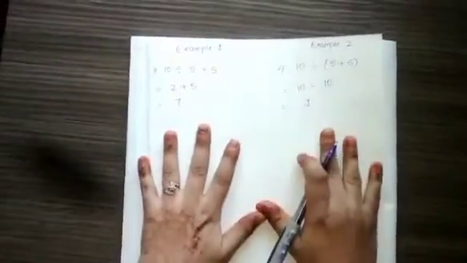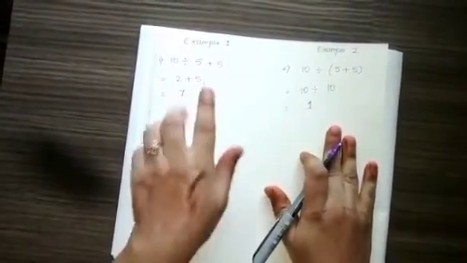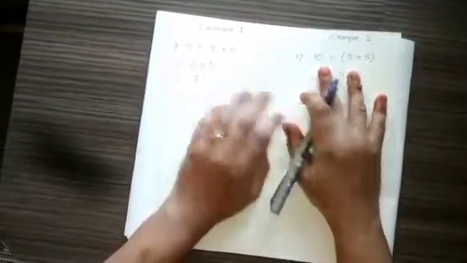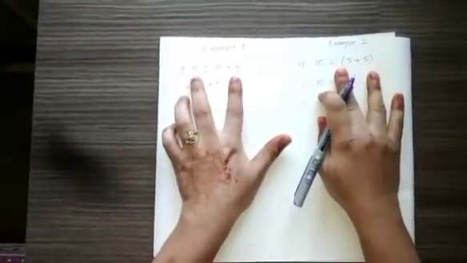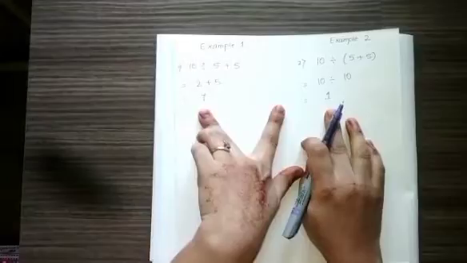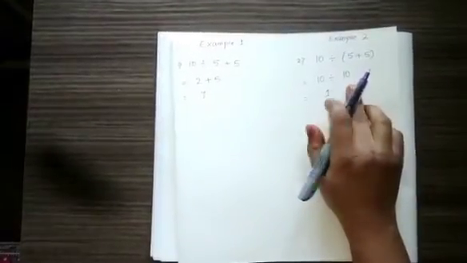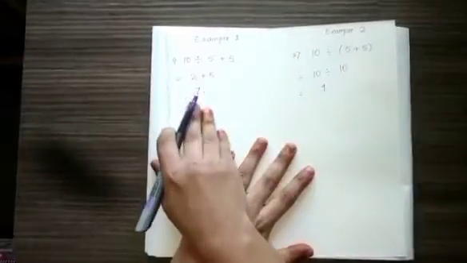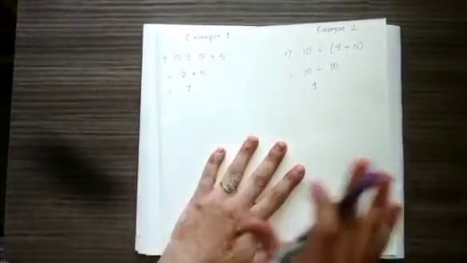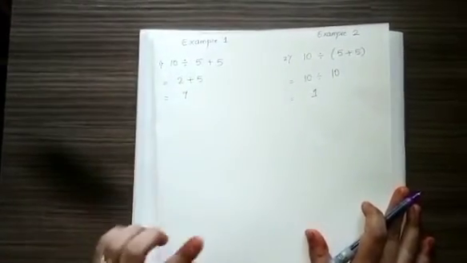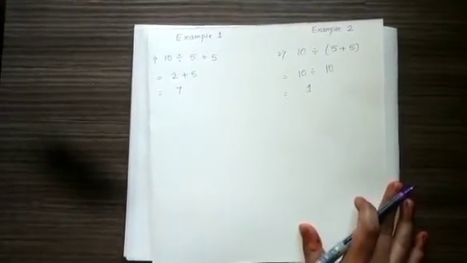Now the confusion which might arise here is that both the sums contain the same numbers, but there is a bracket here and there is no bracket here. So the answer would also be different because when we apply a bracket, the pattern of solving the sum totally changes as compared to a sum where there are no brackets. Okay, so hope this basic concept is clear to you all. Now we will move ahead to sums which will give you a clear application of this rule.